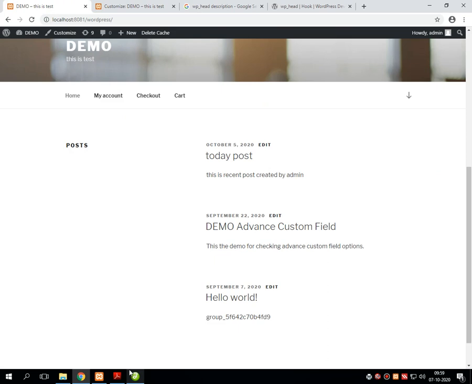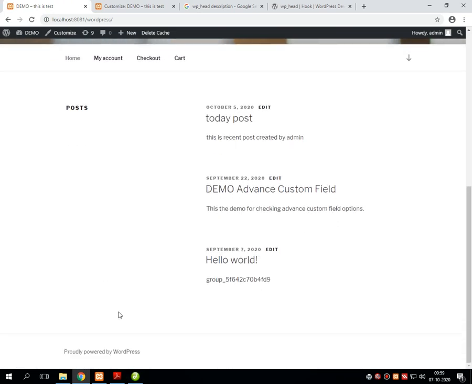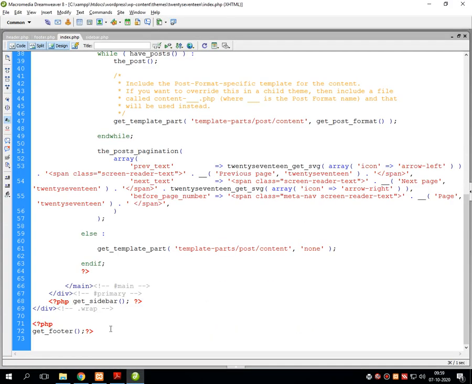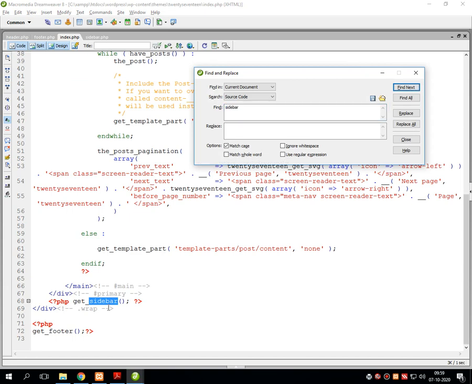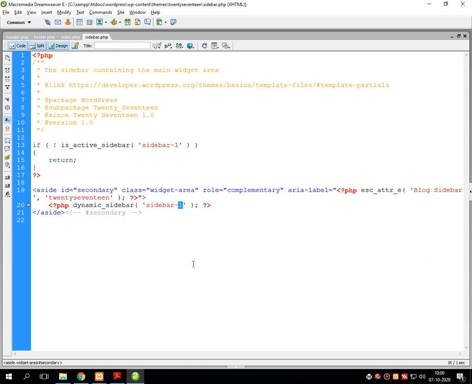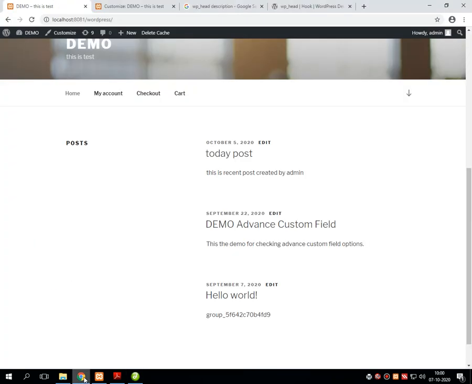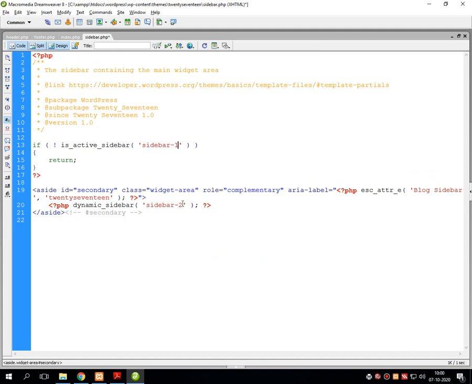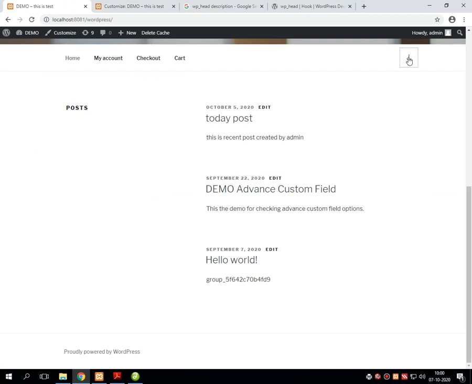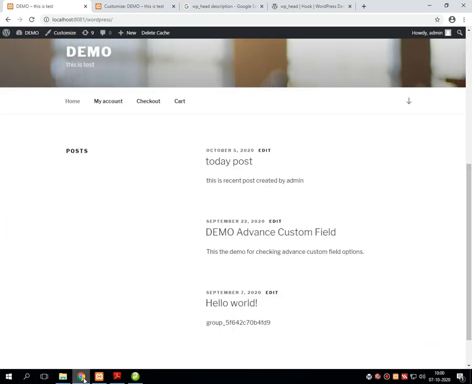Open it, see what it displays. Let me check for widgets.